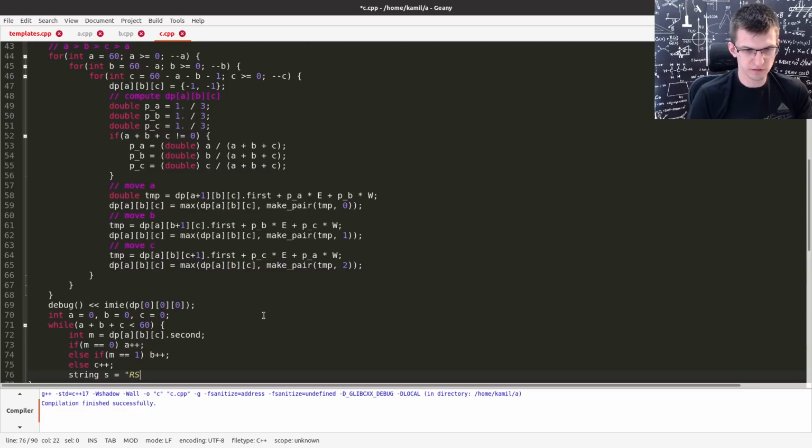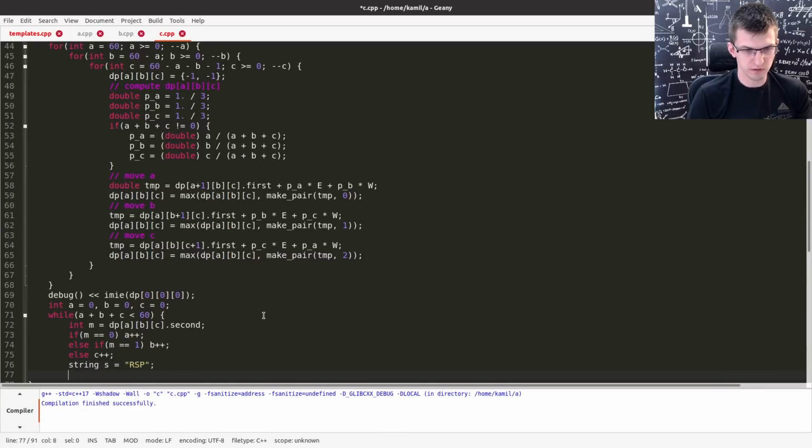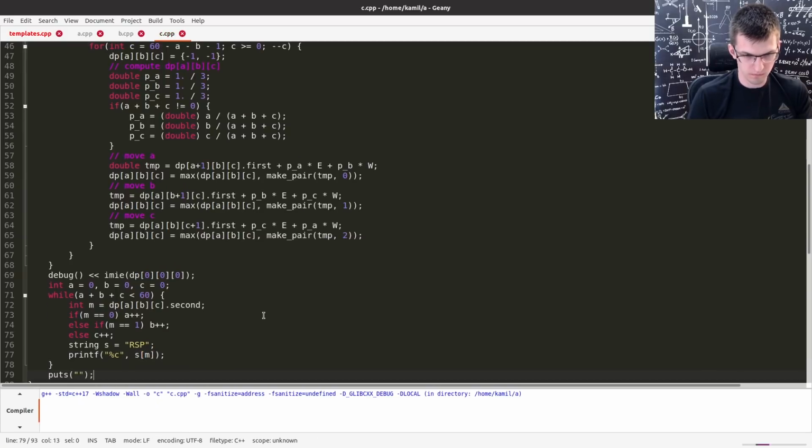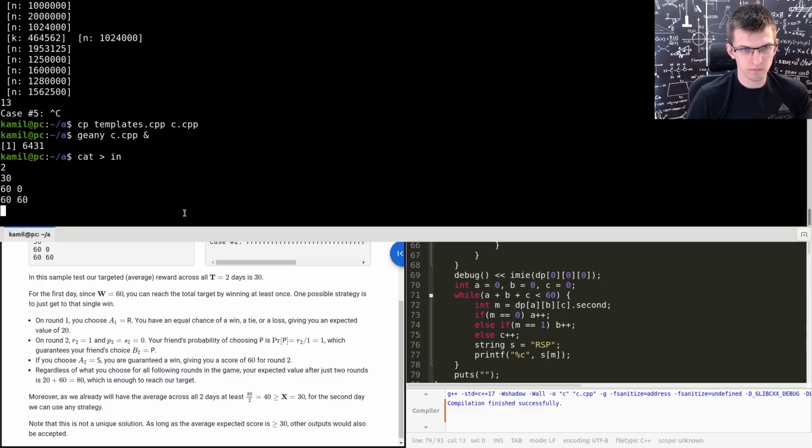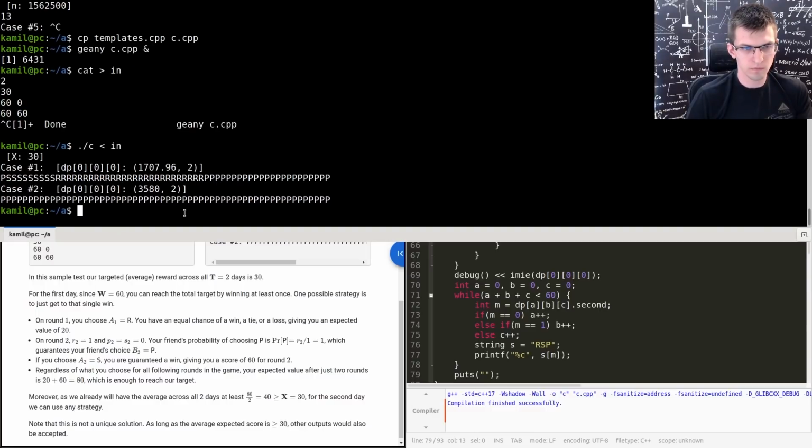Rock beats scissors, scissors beat paper. Must be this order. This move. So I'm moving with paper. And then with scissors, rock,